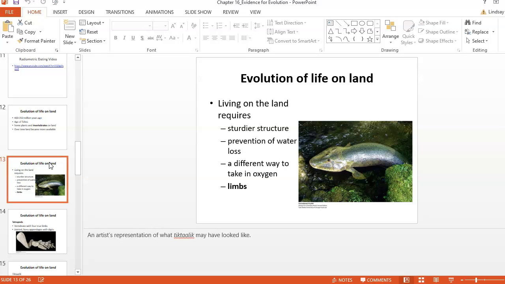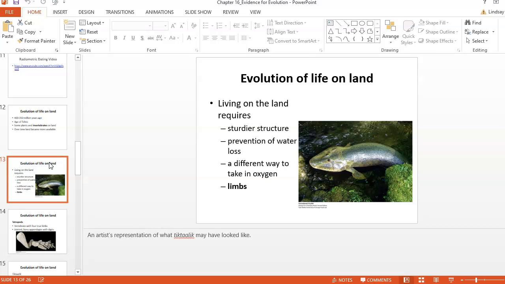So with this particular guy, he is still a fish at this point, Tiktaalik, but through studying fossils, they are seeing that he's developing a much sturdier structure. If you think about fish, they are swimming around in water. Water gives you buoyancy. You don't have to support your own weight. You don't have to have thick, sturdy bones. And if you've seen fish bones, you know they're very delicate. But when you're starting to hop up onto land, all of a sudden you have to deal with gravity, which makes you much heavier than you would be in the water. So you're going to have to bulk up your bone structure quite a bit.